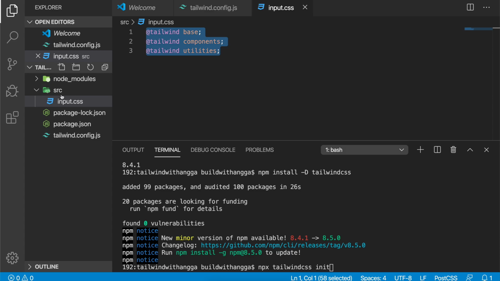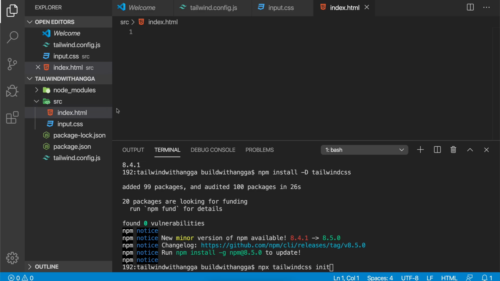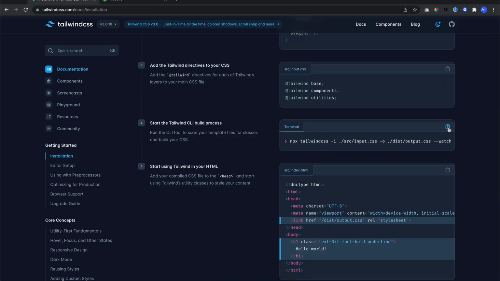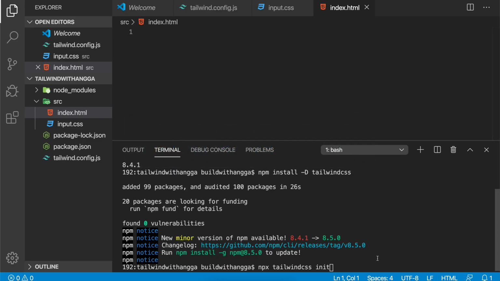So in this source folder, we can create our index.html, where we're going to design our website later on. Okay, and then we're gonna go back here, just copy, and we can paste here.